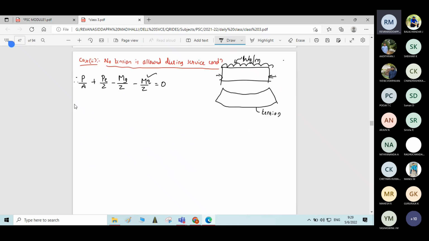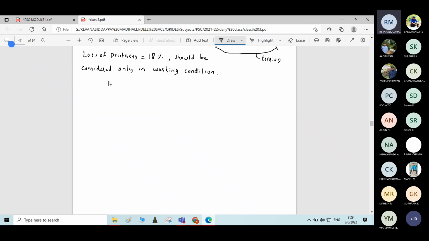Therefore, considering the loss of pre-stress, the loss of pre-stress is given as 18%, and it should be considered only in working condition, not in transfer condition. Therefore, the effective pre-stressing force will be equal to